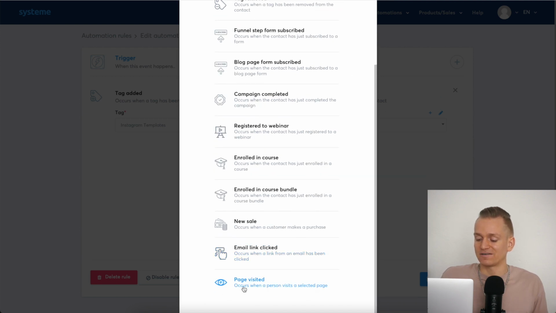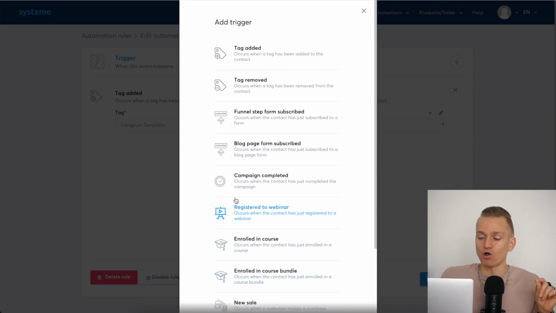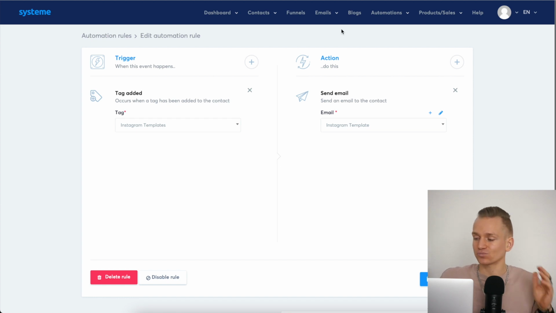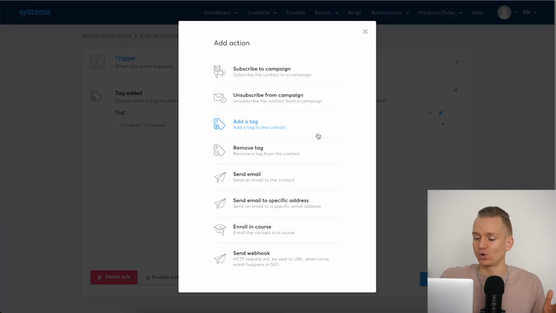You can have a specific page visited. You have all of these different triggers when someone performs a certain action on your landing pages within your course and all of that, and then what you want to do. So again, you can put them in different lists. If you want to target them in a certain way, you can subscribe them to certain email campaigns, send out specific emails, and so on and so forth.